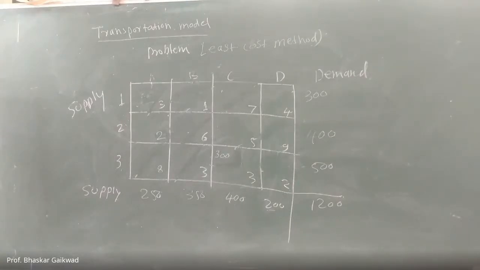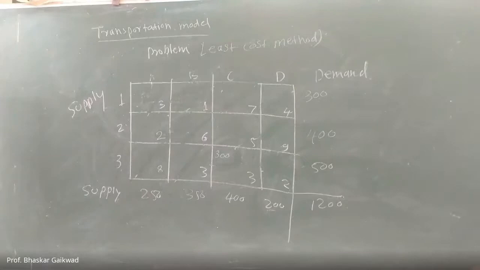What is our first thing? First of all, you can go to the row. How many rows are there? One, two, three rows are there, and four columns are there. This is the balanced table. If it is not balanced, you can add zero either in columns or a row. Okay, and as usual, you can solve the problem.